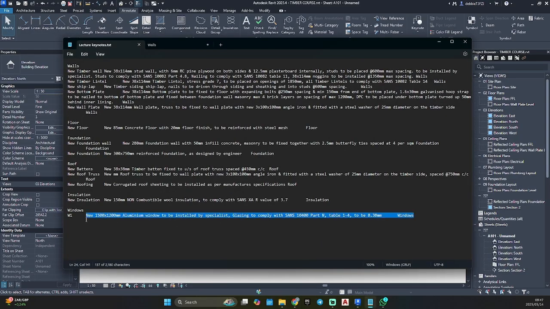So what we can do is just highlight all of that. Just remember to change this to window 2. And that is 1200 by 600. Now this is a bathroom window.